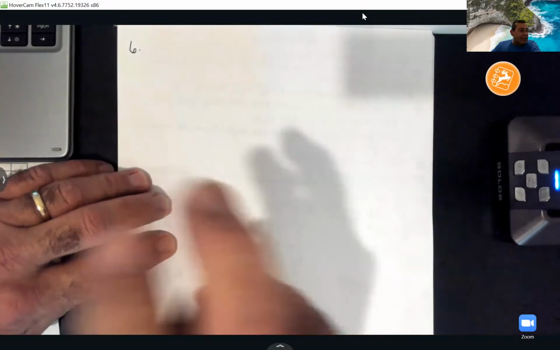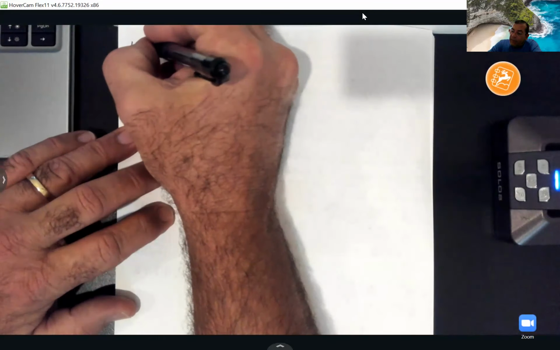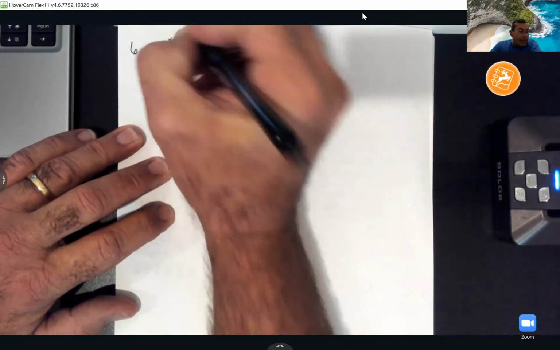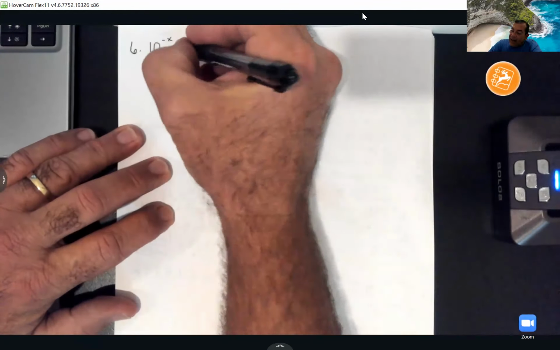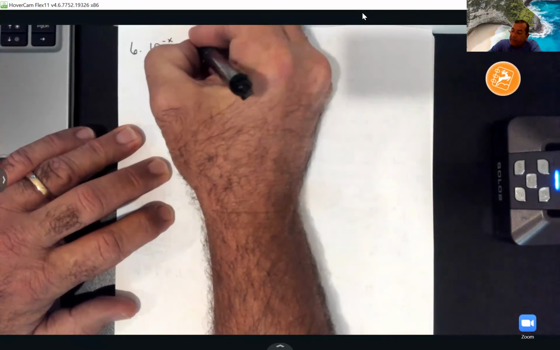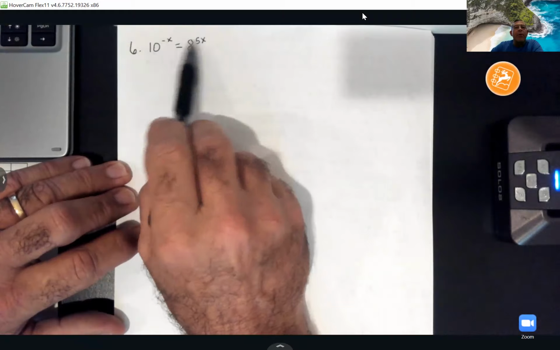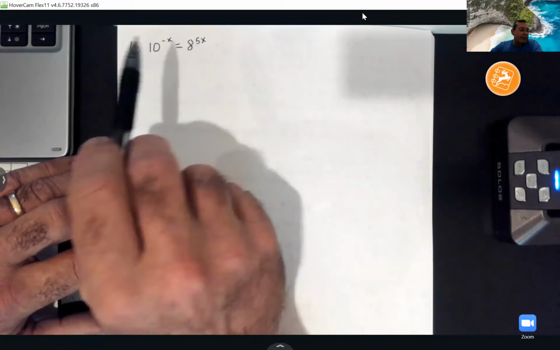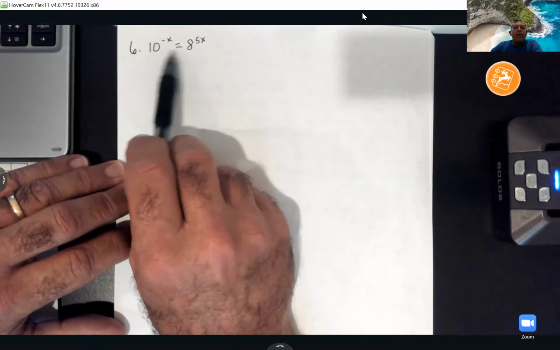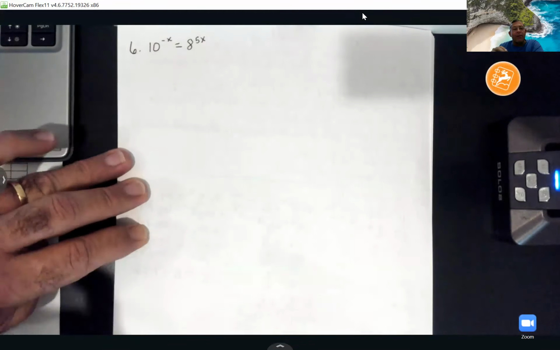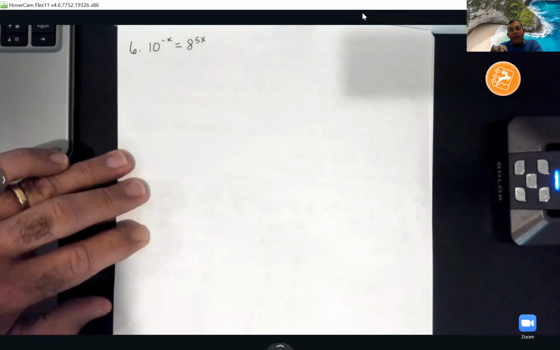Hey, also, number 6 is one of the trickier ones. I got 10 to the negative x equals 8 to the 5x. So I've got the variable on both sides of this equation. Now, I cannot rewrite this 10 and 8 using the same base. So that means right off the bat, we're going to take a log of each side so we can get